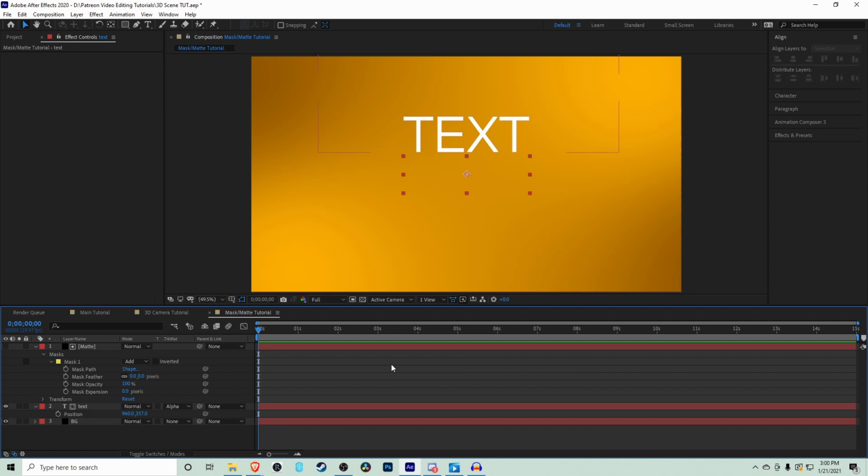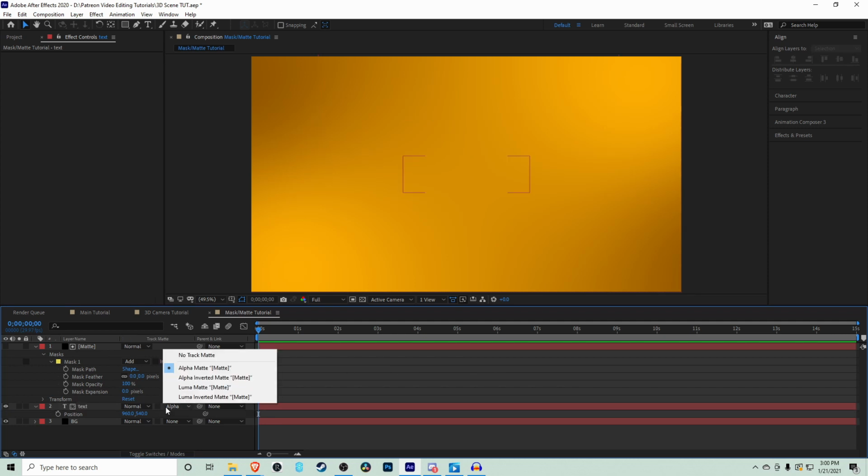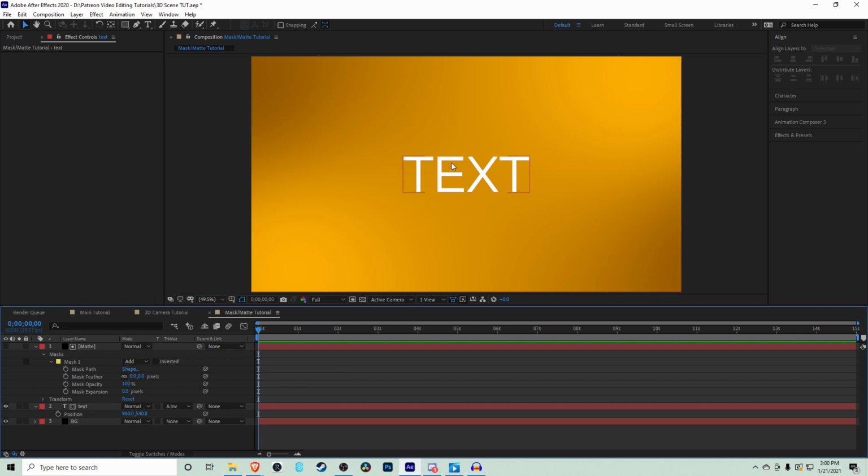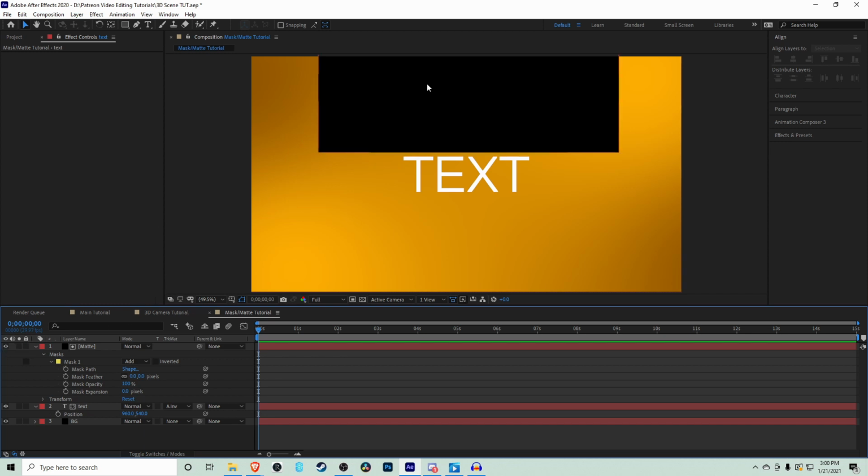Now, there's also another way to do this. This effect called alpha matte, you can actually hit alpha inverted matte, which means that our text will only appear if it is outside of our shape. And in this case, with how we've designed the shape, in the sense that it goes up and above the screen and it's on top of our text, this is a case where alpha inverted would be quite nice,